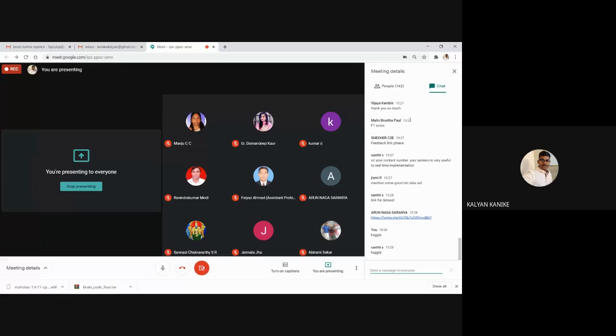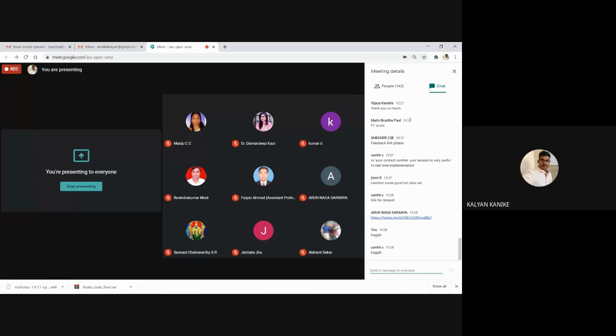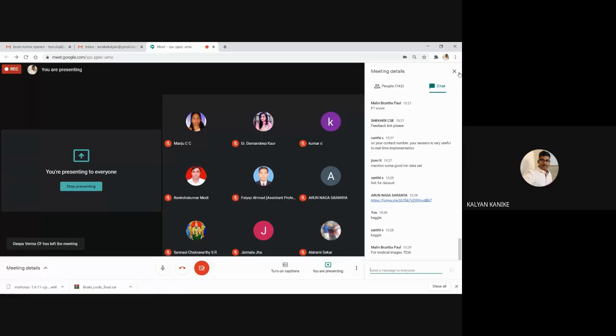We are able to search like images dataset, MRI dataset in Google, particularly for medical images.